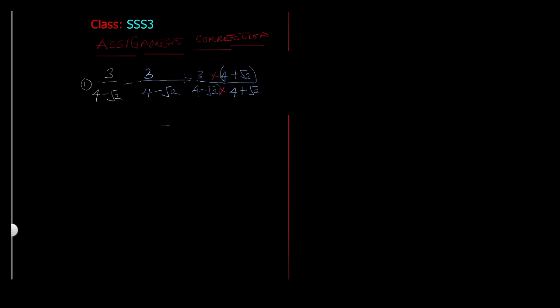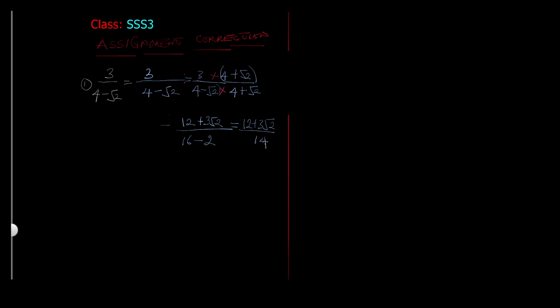So 3 times 4, that will give us 12. Then there's a plus 3 here. Now plus 3 times square root of 2 will be 3 root 2. Now 4 times 4 is 16. Then minus times plus is minus. Square root of 2, minus times square root of 2 will give us 2. So here we now bring down 12 plus 3 square root of 2 all over 16 minus 2 is